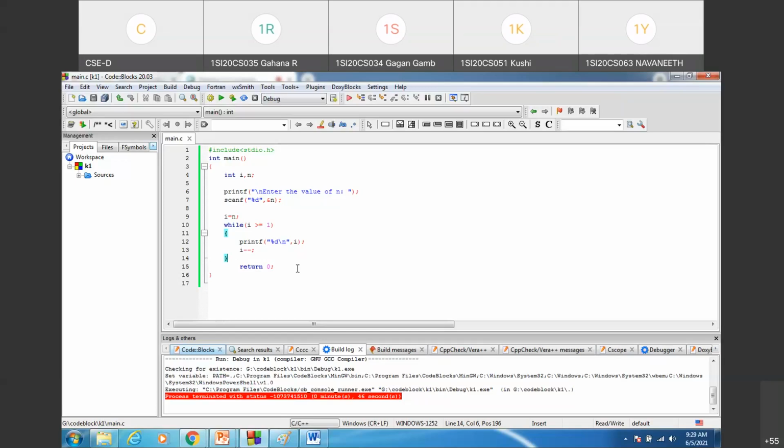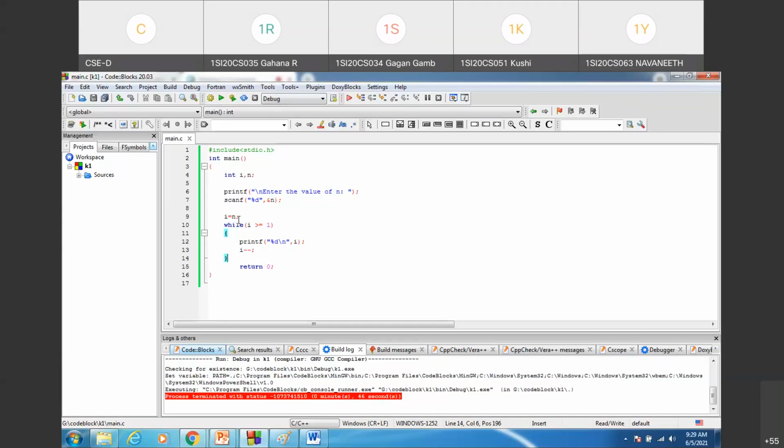So can anyone tell, should I use a decrement loop only, an increment loop only, or can I implement this problem using both types of loops? Both. Both are fine, right? That means I'm trying to construct the loop for deciding the number of iterations. What I need to print is the message CPPS. This I have to print some number of times. So to decide the number of times the loop has to be repeated, we are trying to construct a loop. It is no compulsion that you need to go for an increment loop only. You can implement this problem using an increment loop or a decrement loop.